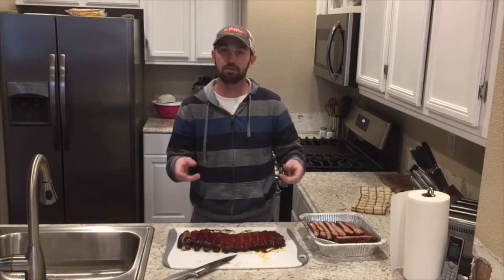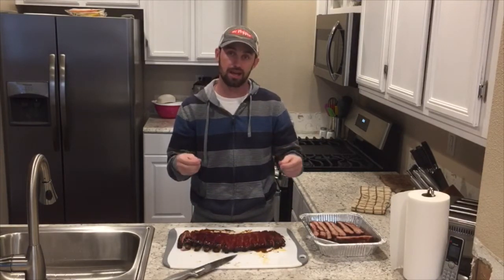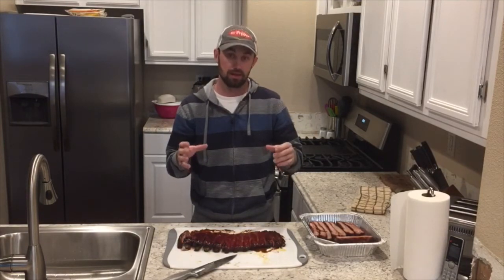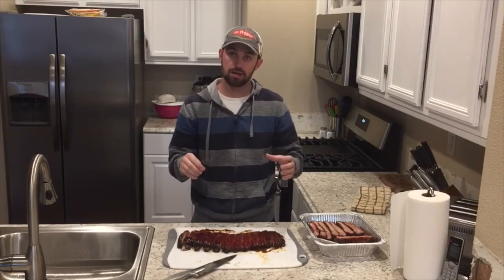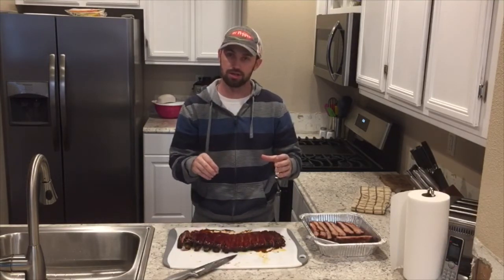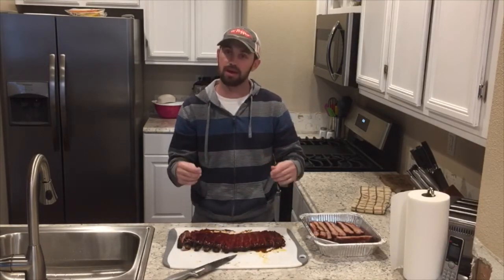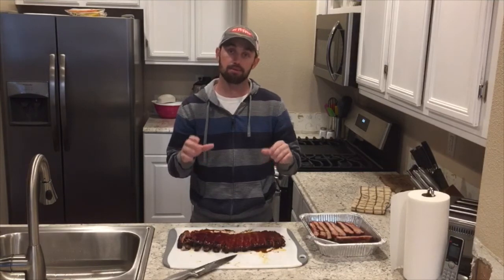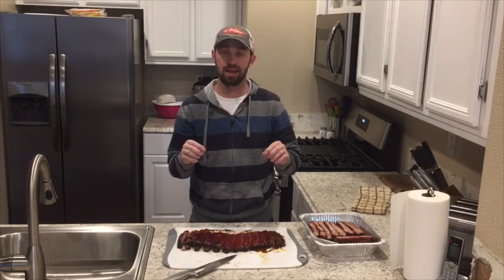And then after that, we flipped them back over, bone side down, and let it go for another 45 minutes. Then we brought them inside, put all of our margarine with the garlic in it, a little bit of honey, some hot sauce, some brown sugar, and wrapped them up in that foil. Then we took them back outside, the grill's still at 275, put them back on there for about an hour